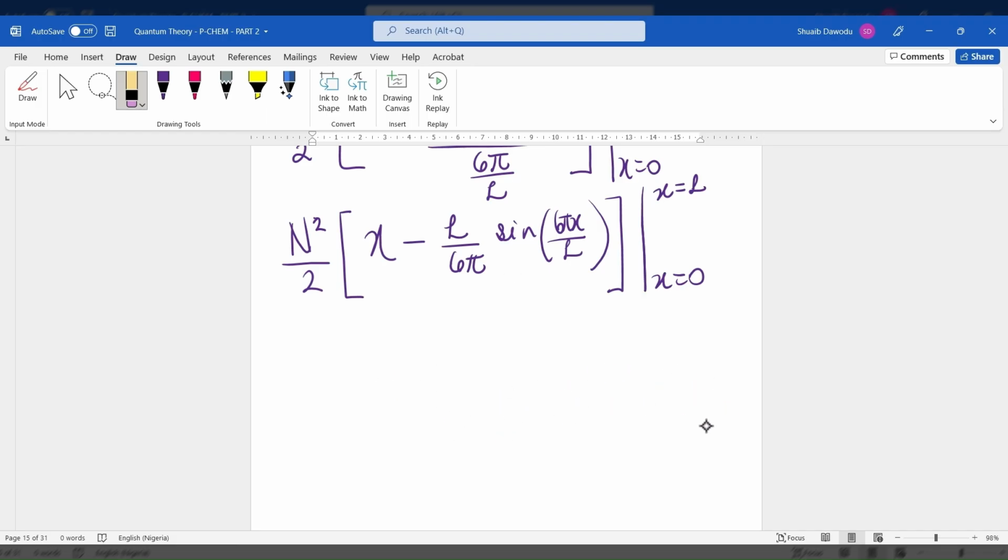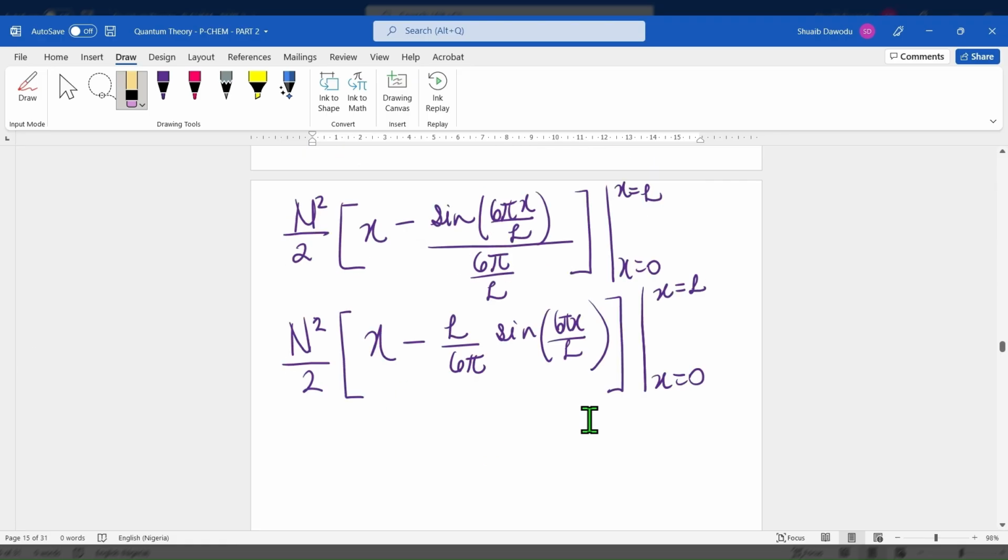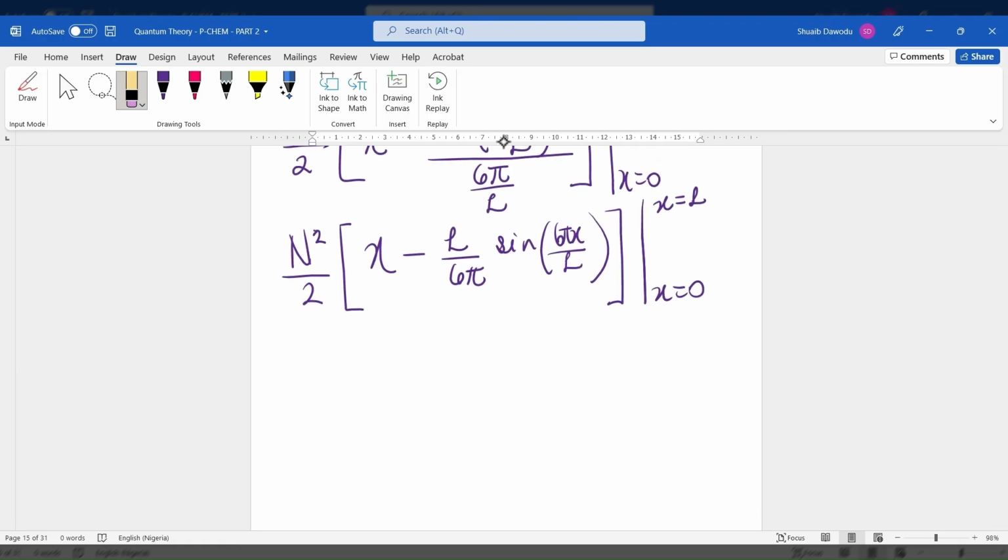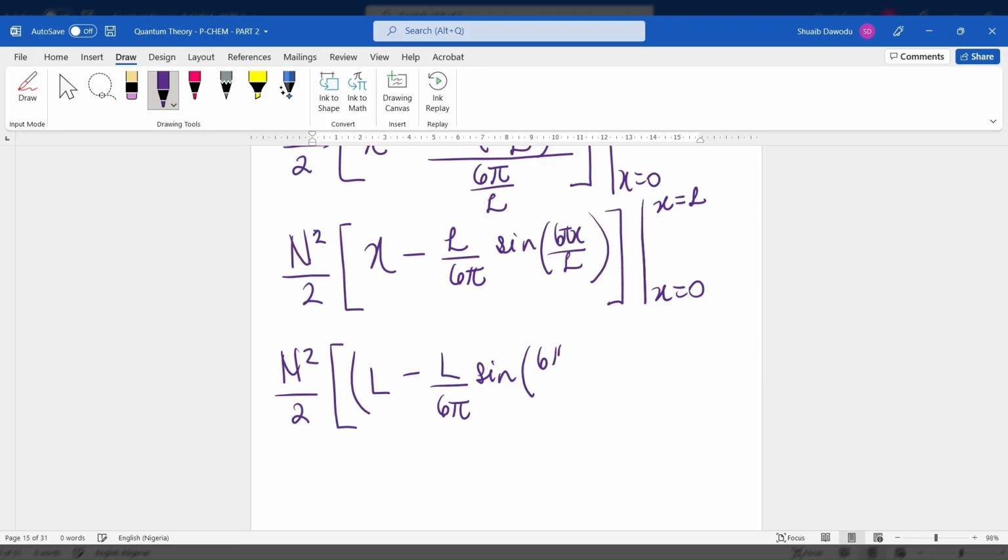We just use our knowledge of fractions. So yeah, now that we've done it, we can now substitute x equals L and x equals 0. So n squared over 2. When you substitute for L first, that would just be substituting x for L. So that would be L here minus L over 6 pi sine, 6 pi, substitute x for L, 6 pi L divided by L,